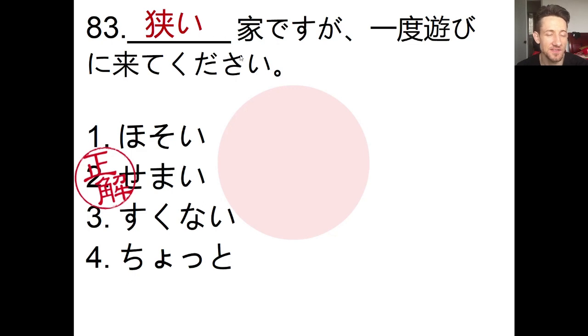So basically the sentence means, my home is quite humble, but please come and visit anyway, or please come and visit sometime. So semai is the Japanese word for narrow, but when you say semai ie, it doesn't mean your house is narrow, it means your house is small. So this is, of course, a very Japanese way of speaking, being very humble. So even if you live in quite a spacious house, or a very nice house, you still might say, semai ie desu ga ichido asobi ni kite kudasai, just to be humble, try not to brag, very Japanese